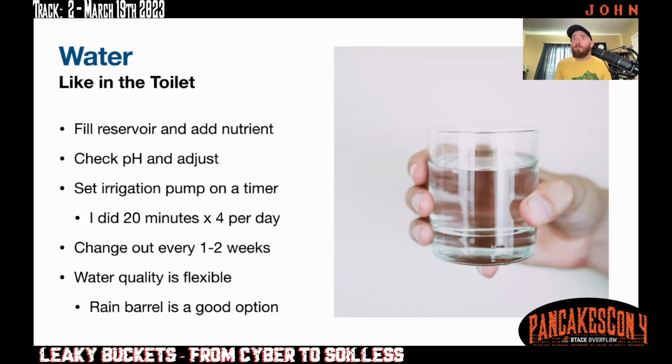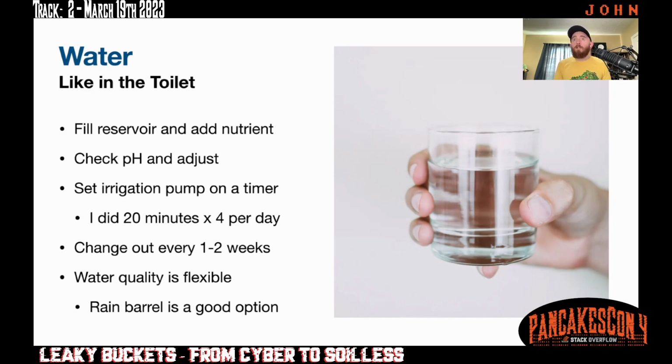You don't have to run this full time. I've generally set the irrigation pump on a timer that runs 4 times per day, about 15 to 30 minutes each time, maybe starting in the morning and doing the last one right after it gets dark. But a lot of these things are very, very forgiving. I don't know what the exact right number here is. I can just tell you what worked for me, but you can definitely experiment with a lot of this stuff and you'll probably still get decent results. It's a difference between good and great versus fail and succeed, I think, for a lot of stuff.